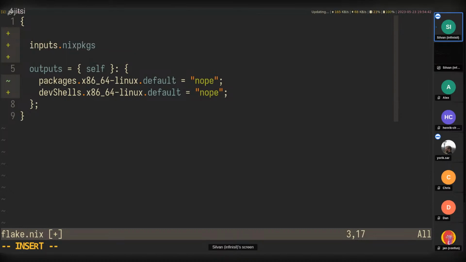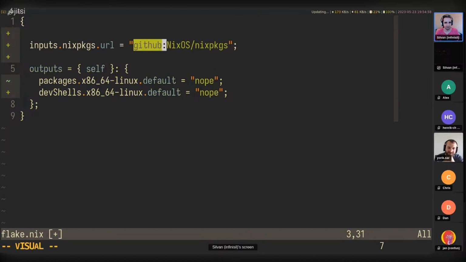So we can say inputs.nixpkgs, that's just an arbitrary name, .url equals, and I'm going to use GitHub here. Same thing as last time, I want to use GitHub master. So I'm going to do just this. This is a flake reference. This is a reference to something mutable that flakes can then pin for you.